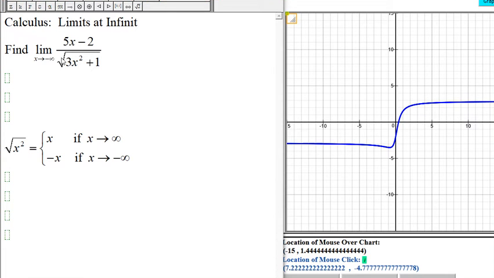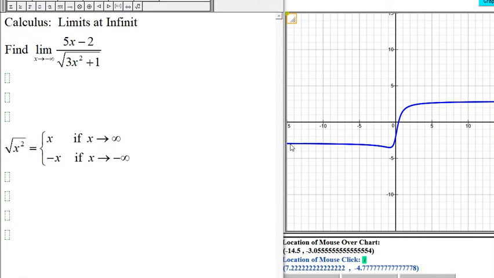Here we want to find the limit of (5x minus 2) divided by the square root of 3x squared plus 1 as x approaches negative infinity. And so here's the graph of 5x minus 2 divided by the square root of 3x squared plus 1. And it looks like as x gets larger and larger, moving towards negative infinity, the y